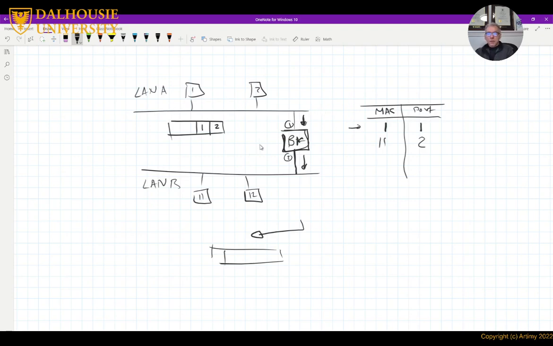2 eventually replies to 1. So it puts 1 as the destination, 2 as the source.